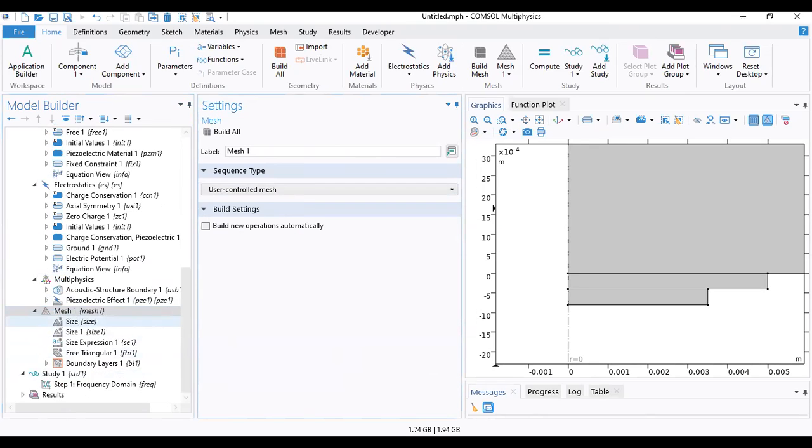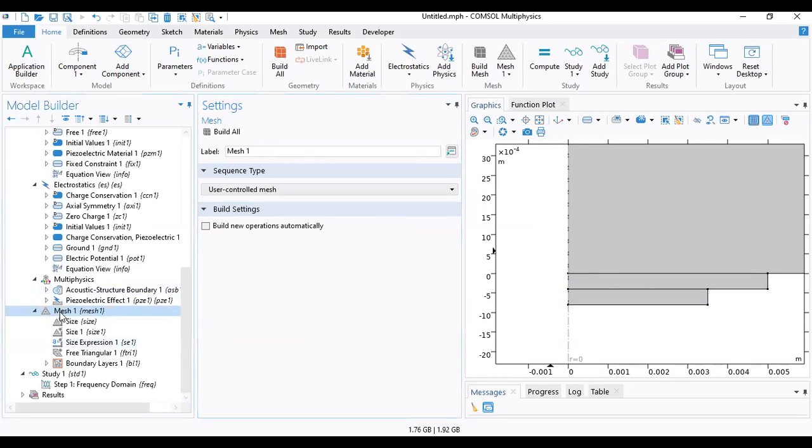Here I need to apply a mapped mesh for the structural part. Actually, the meshing needs some trial and error to achieve the best mesh, and since I don't need to focus more on the mesh part,